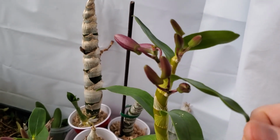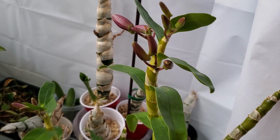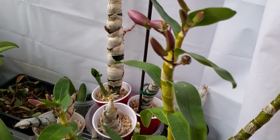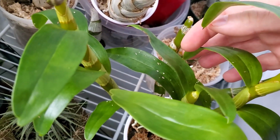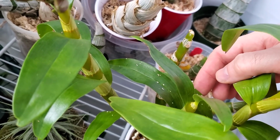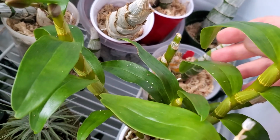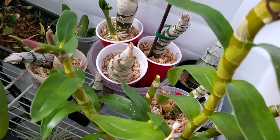But I got a second order of predatory mites. This was the Neoseiulus californicus this time. They're supposed to be very, very tiny, but still efficient mite predators. So you can see it looks like little speckles of stuff. When you get the container, it's full of this kind of like vermiculite or inert medium, and it's got the little mites all over it. So you just kind of sprinkle it on your plants. And I sprayed everything with water first so it would stick to them. And then